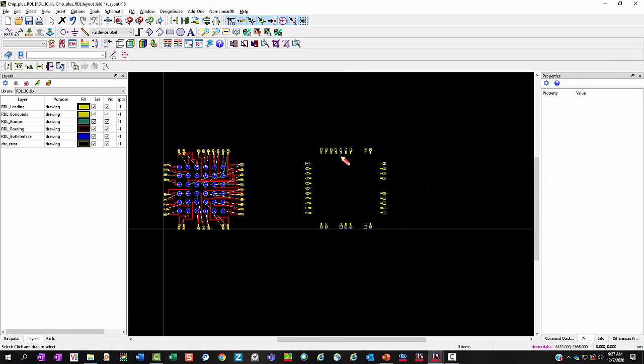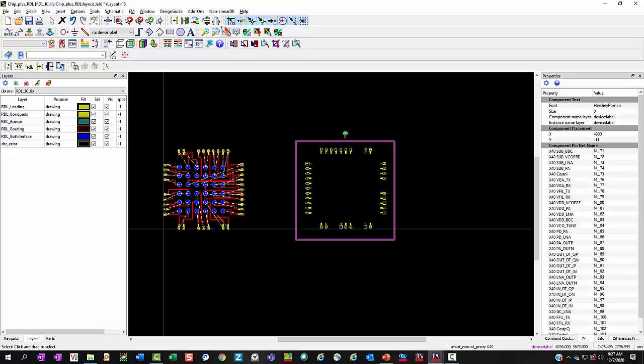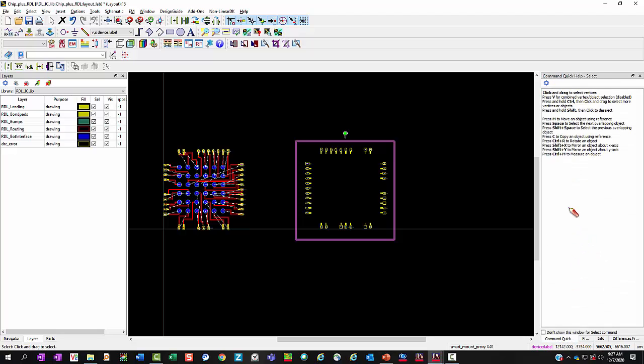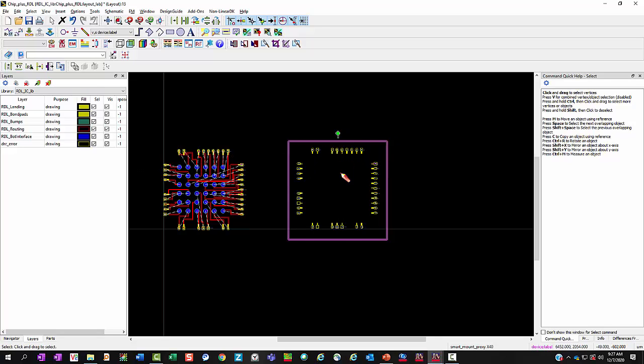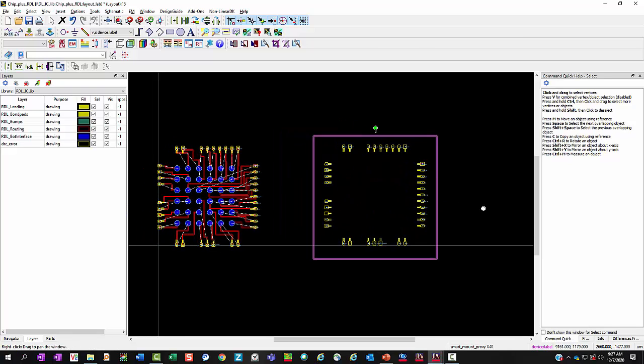Second, we're going to mirror this against Y. So pick it, either use this one or, at the command quick line here, it says Shift plus Y. I can go Shift plus Y and mirror it. And third,